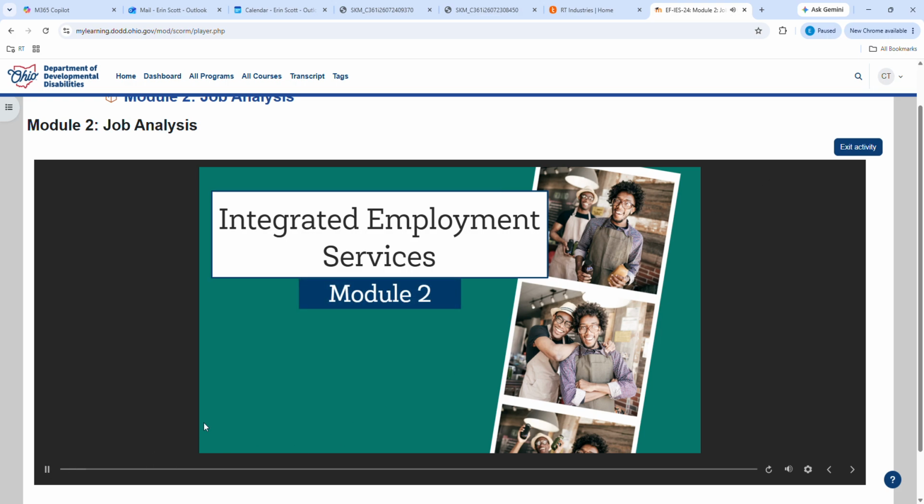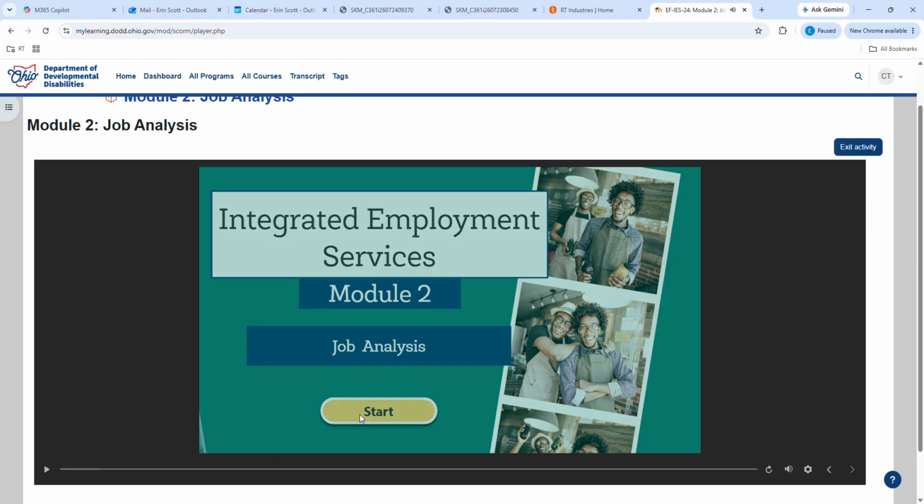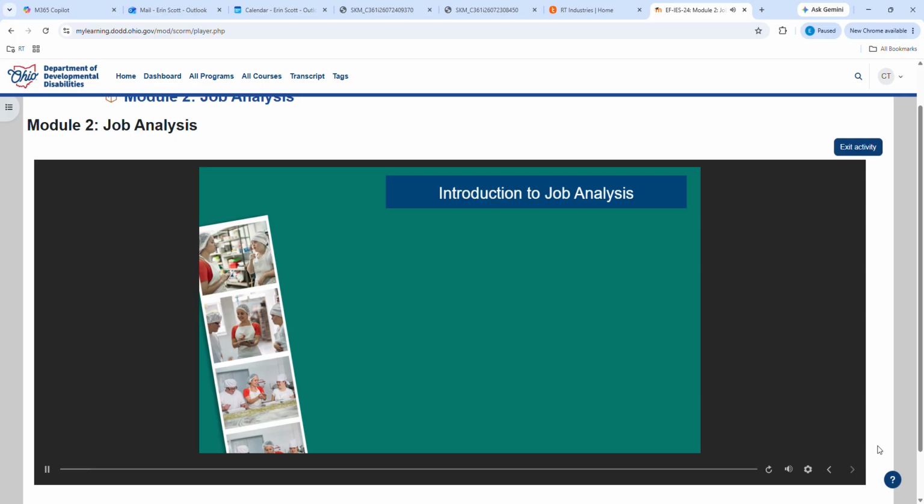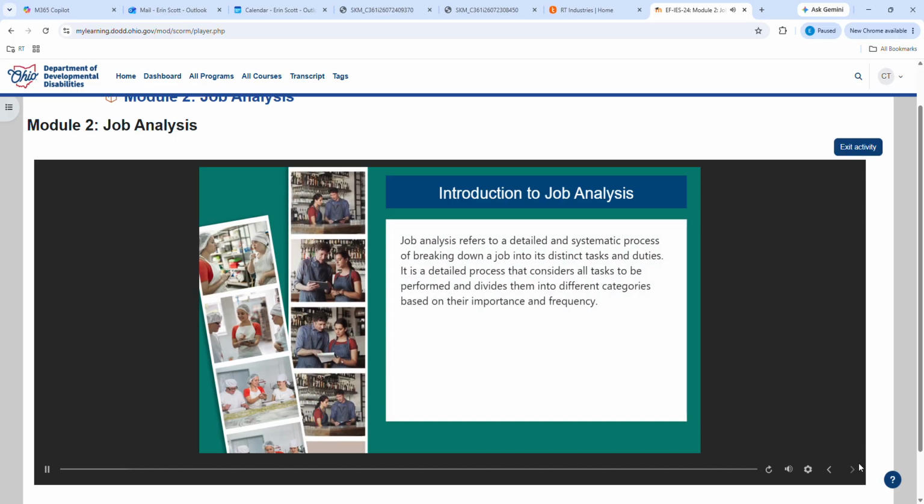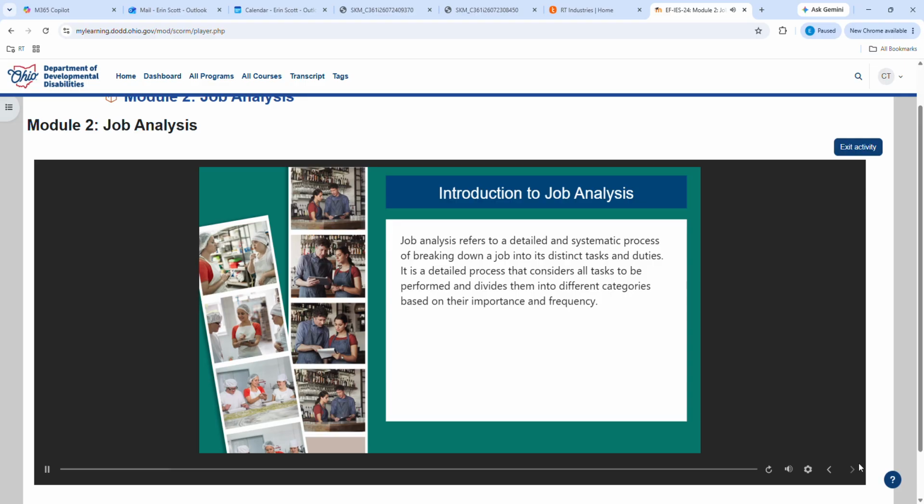Module 2, Job Analysis. Introduction to Job Analysis. Job analysis refers to a detailed and systematic process of breaking down a job into its